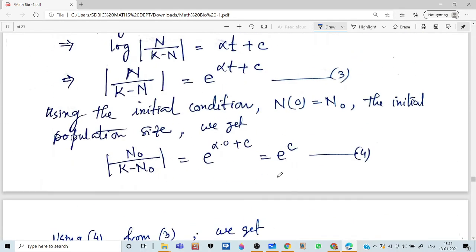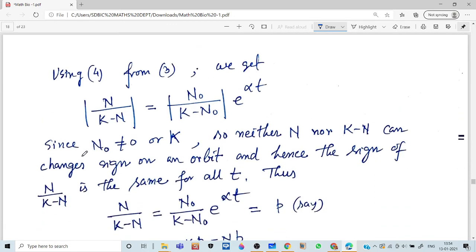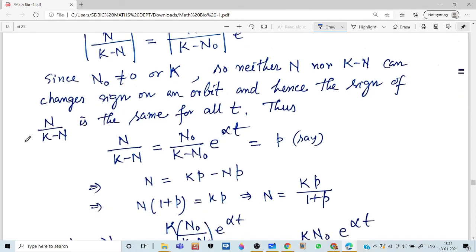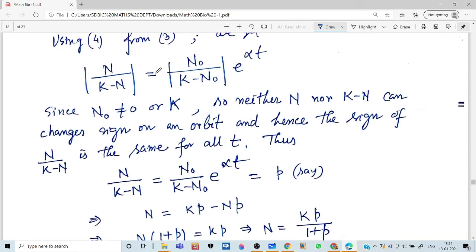So put the value of e to the power alpha c in equation 3, we get the result: modulus of n by k minus n is equal to n0 by k minus n0 to the power alpha t. Since n0 is not equal to 0 or k, neither n nor k minus n can change sign on an orbit, and hence the sign of n by k minus n is the same for all t. Thus n by k minus n is equal to, so we remove the modulus sign,